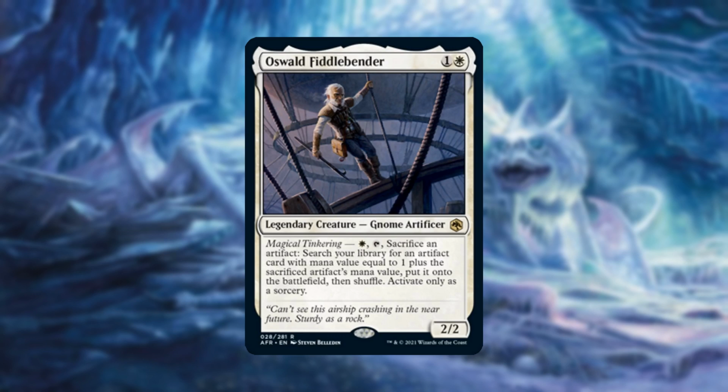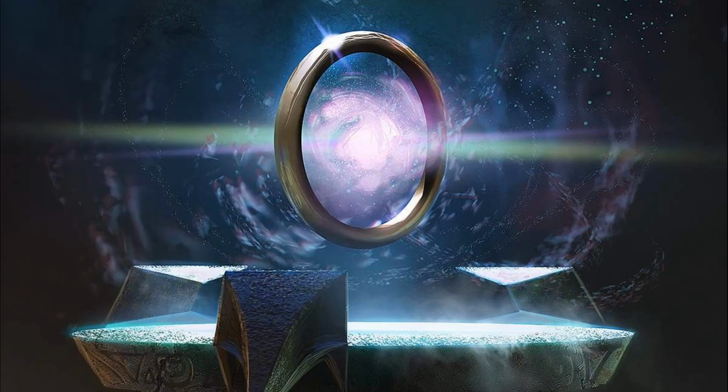This kind of reminds me of Prime Speaker Vannifar, but for artifacts, and much cheaper. So yeah, we're building a combo deck. We're going to slow down the game if we need to while searching for our combo pieces until we're able to win the game. Alright, so as we typically do on this channel, we'll cover the ramp cards, most of